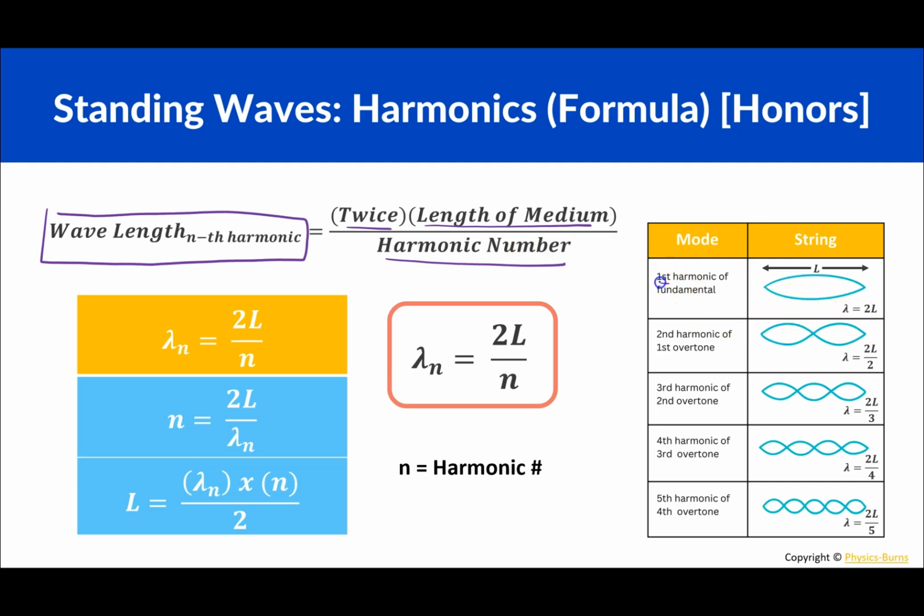So the first harmonic is going to have one antinode, so n is just 1. The second harmonic is going to have two antinodes, so that will be 2. The third harmonic will have 3 antinodes, so that'll be 3, and so on and so forth, okay? Again, here's the formula, and here's how to manipulate the other variables as needed. All right,